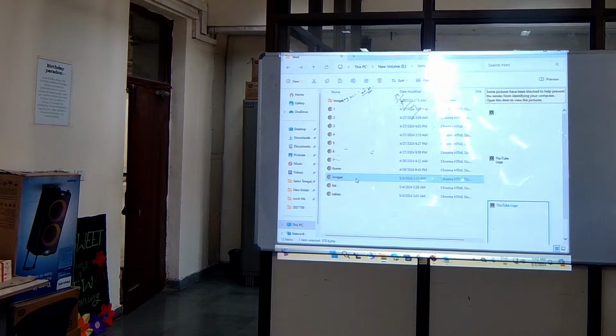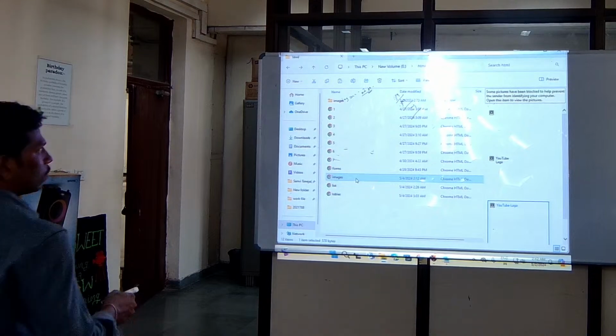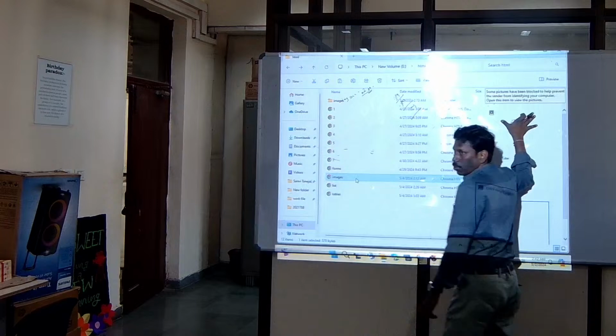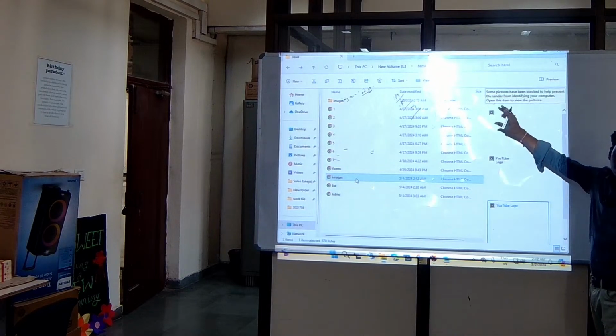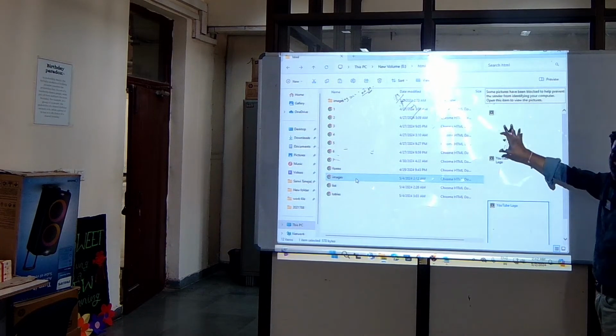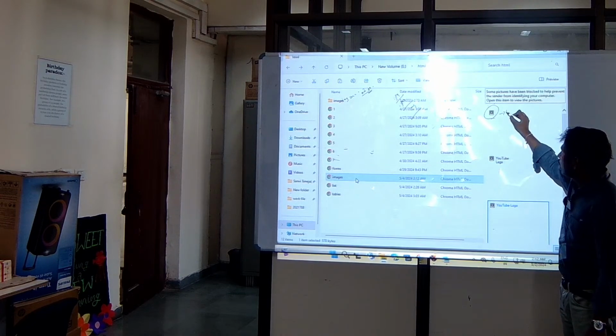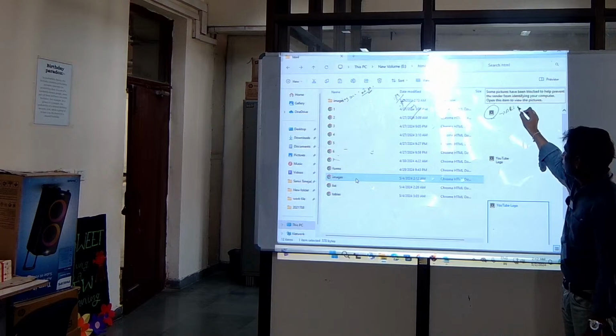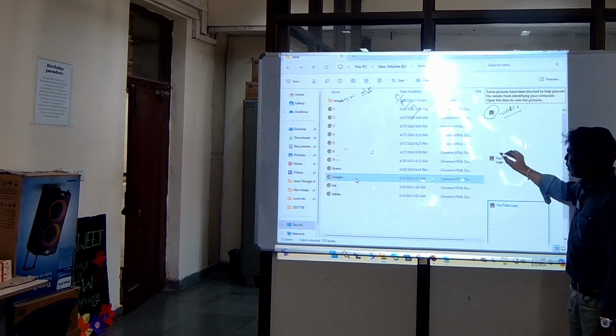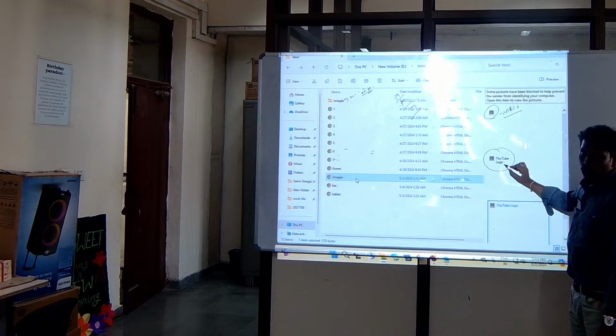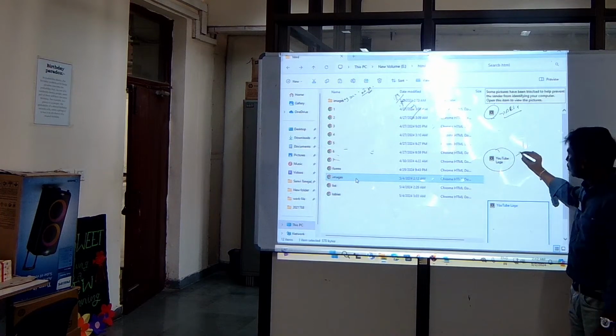So here you can find, this is the preview tab. Preview tab is to see the content of the file without opening it. Here I have never used this alt tag, but in this one you can find YouTube logo, where I use this alt